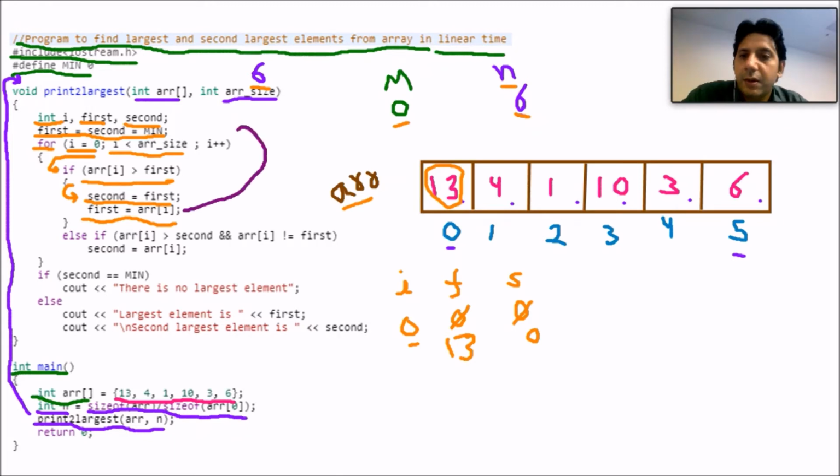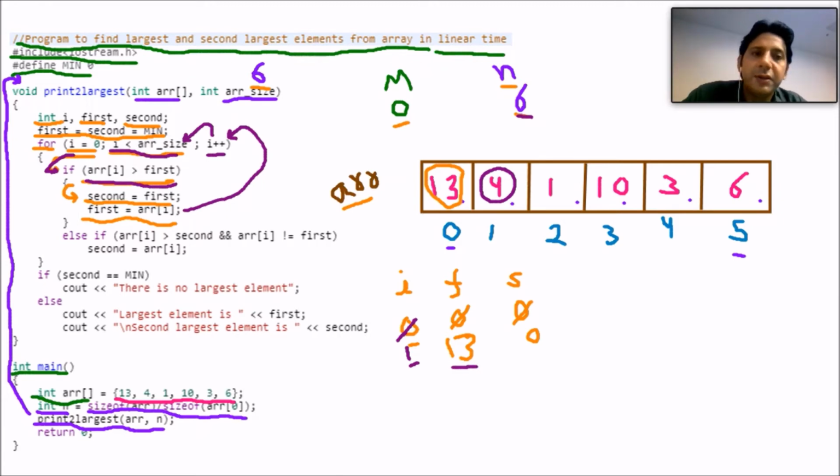Now it will go back to i++. The value of i will be incremented by 1. It will again go back and check the condition i less than arr_size. So 1 is less than 6, true. It will come down. If arr[i] greater than first: arr[i] is 4, is it greater than first, which is 13? False.